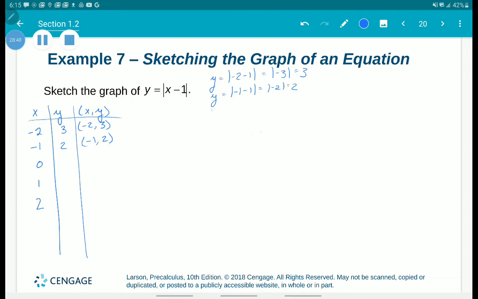If we plug in 0, and then if we substitute in 1, and then finally, if we substitute in 2,